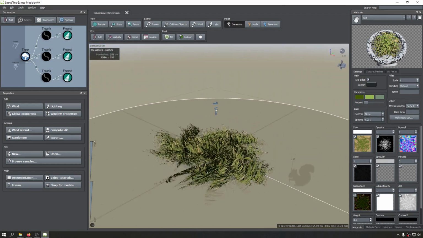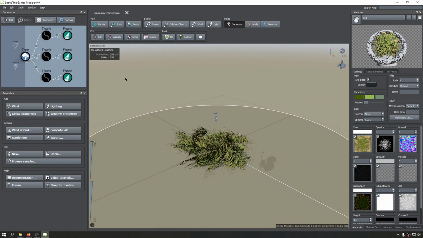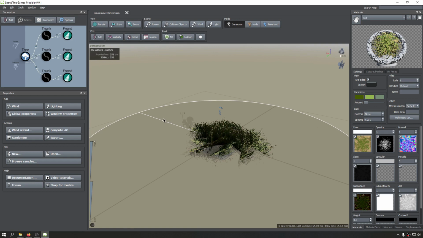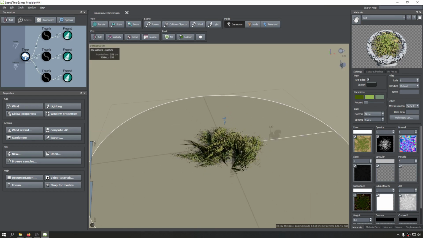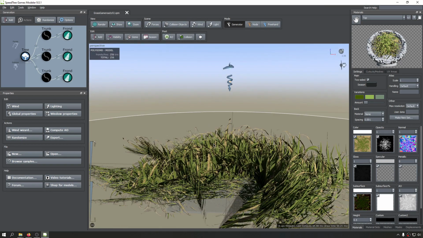Okay, in the previous lesson we talked about exporting high poly meshes from SpeedTree for VFX applications, to be used in movies or animations or things like that. Things that are going to be pre-rendered. And now we are in SpeedTree Modeler and we're going to export these for the games format,